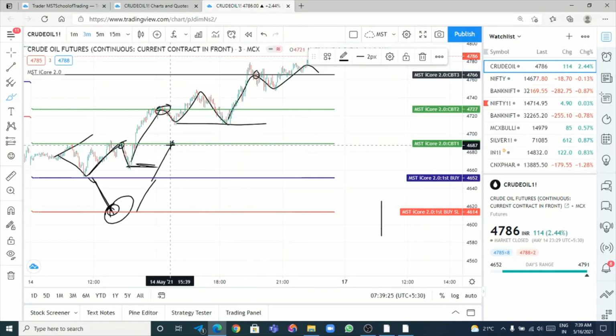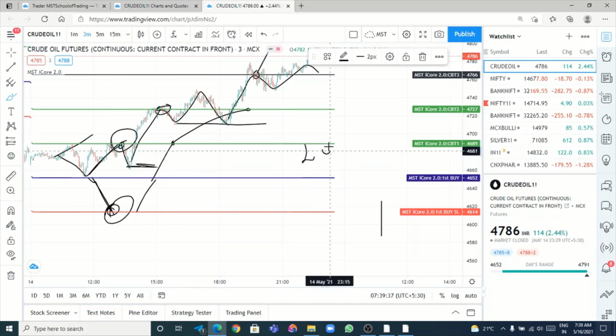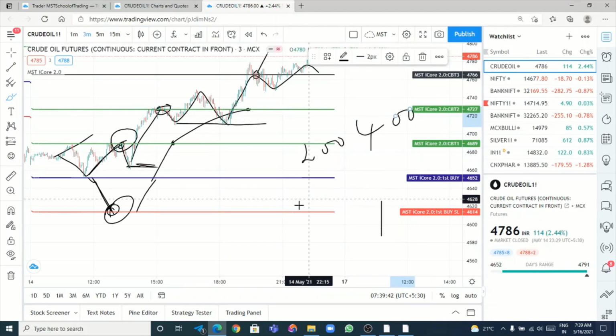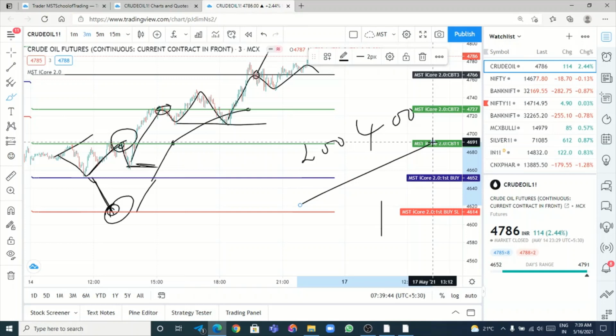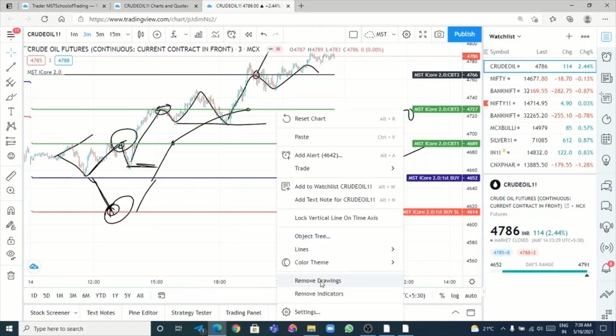If you want to wait for the fourth target, then again revise the stop loss here and book the fourth target. It is up to you. Even if you are trading in one lot and booking at the first profit, monthly you will get a minimum of 200 points to 400 points in a single lot after recovering losses, if any. So this is what our strategy is designed with. It is very simple, easy to understand.